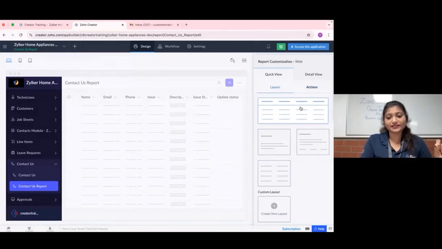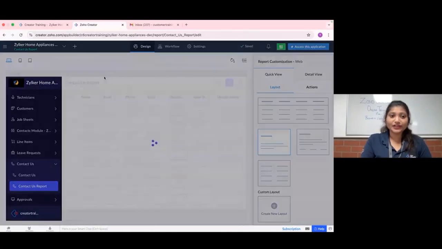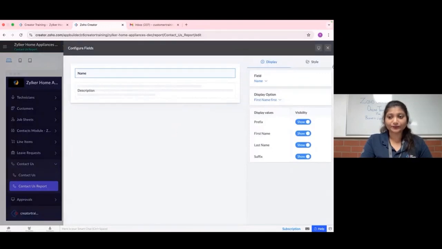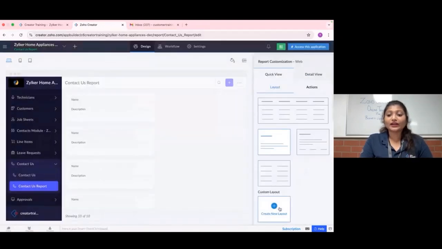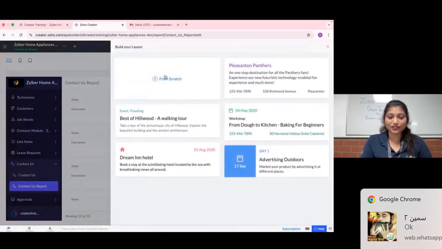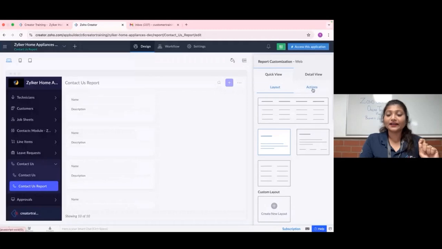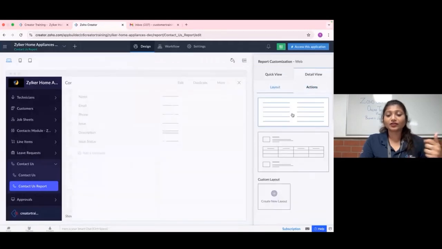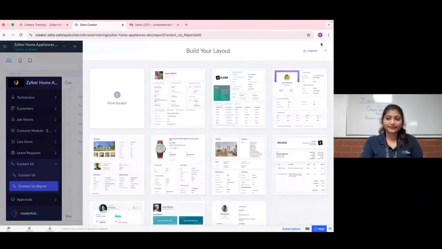Even the layouts can be changed. Right now it's in this particular layout. In case you would like to change it, you can change to a different layout, and you can even customize your layout as per your requirement. You can click here and start customizing your layout. You can either go with these templates or start from scratch. For the detail view also, you can go with different layouts or a custom layout.